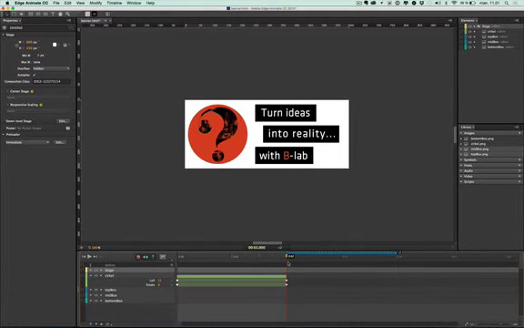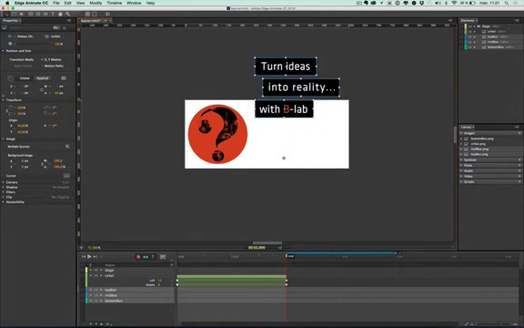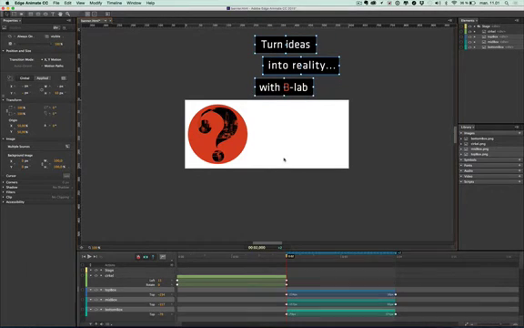I want the animation to start when my circle has stopped rotating. So I take my 3 boxes, drag them out,